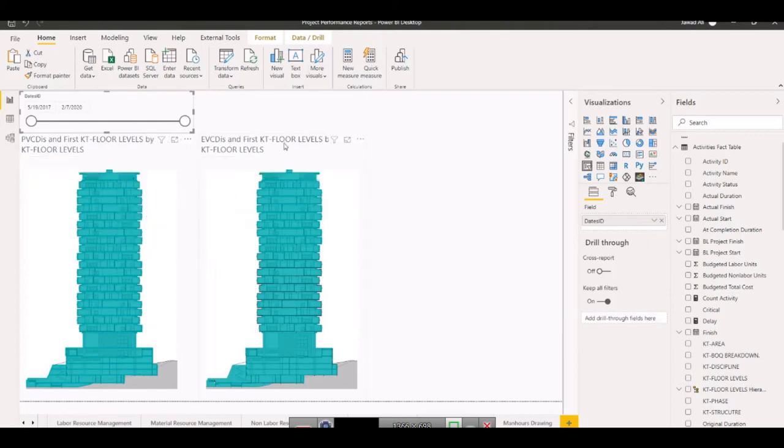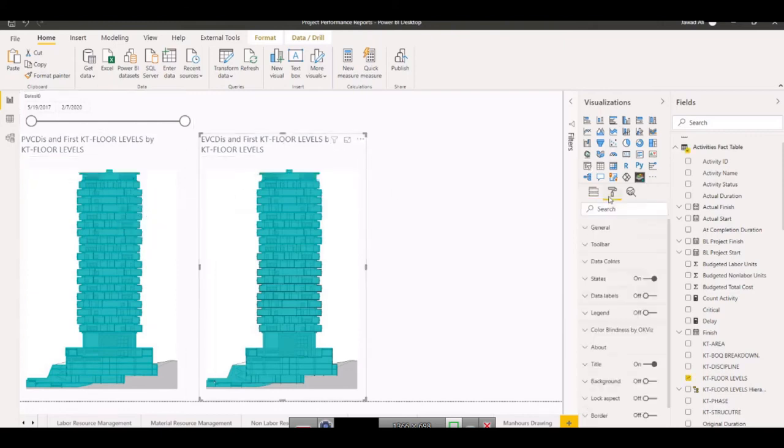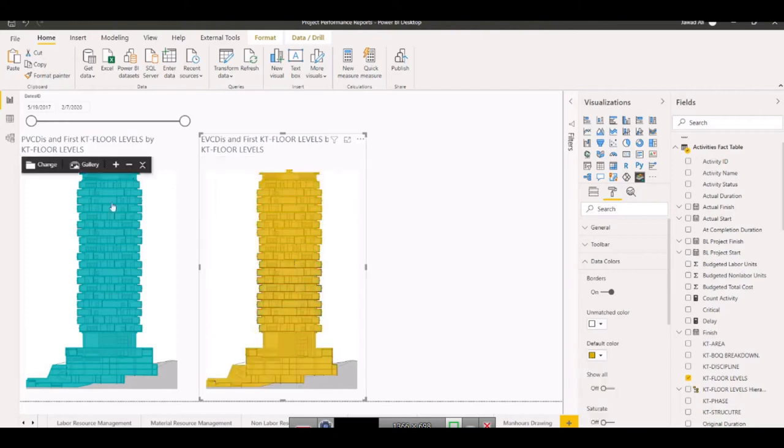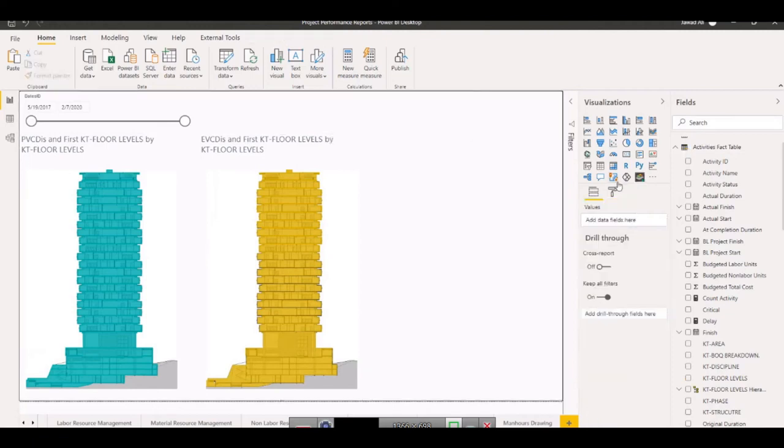We will learn how to read the data in upcoming parts, most likely in the last part. What I'm going to do now is change the data colors. I will set this by default, so earned value is now the orange color and the other one is this. Secondly, we can bring other information as well. Let's say I want to bring here, if I go into the cards,